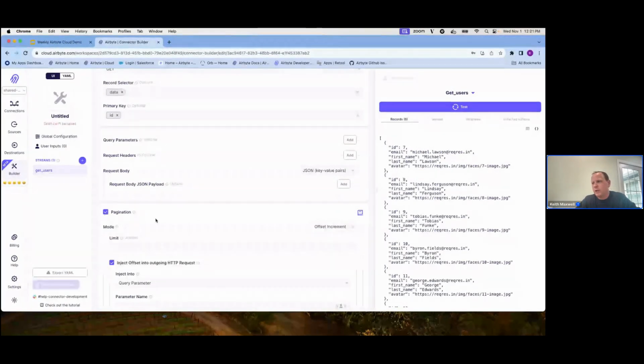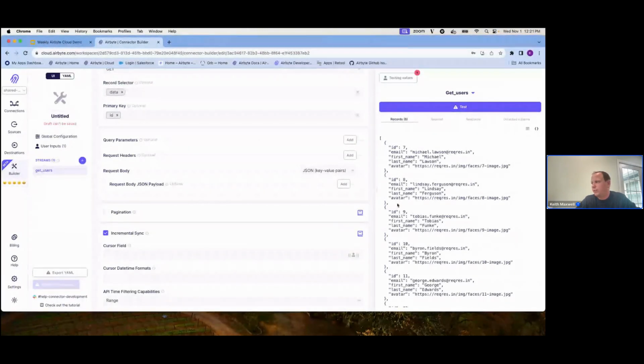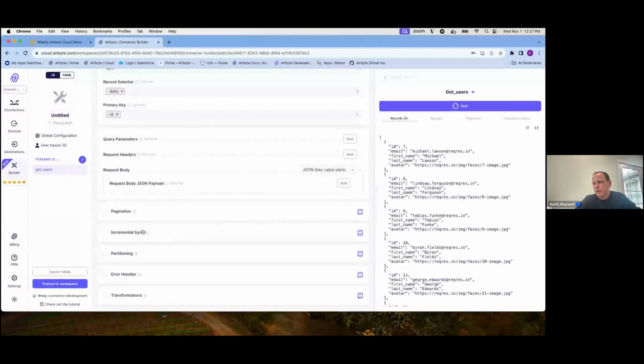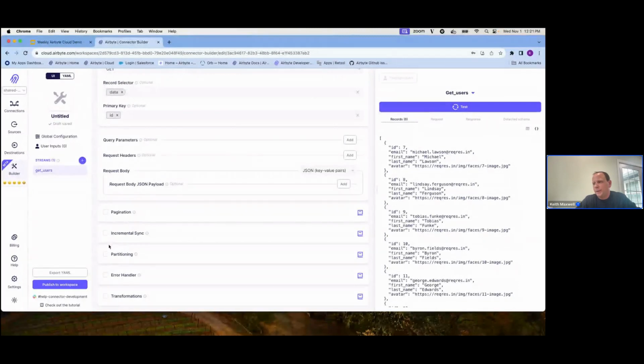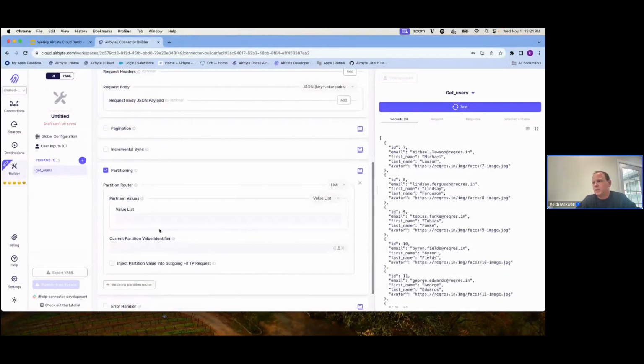So any of these larger APIs, things like page keys, you could filter on. You can run incremental. So if your payload had something like a last modified date, you can plug that in here. So you can start running any new updates based on that API from that cursor. And then lastly, we also offer partitioning, which in my opinion is the coolest feature here, because in some cases,